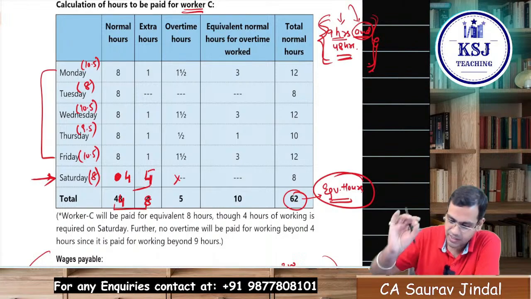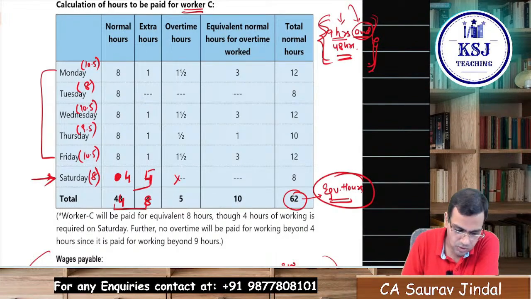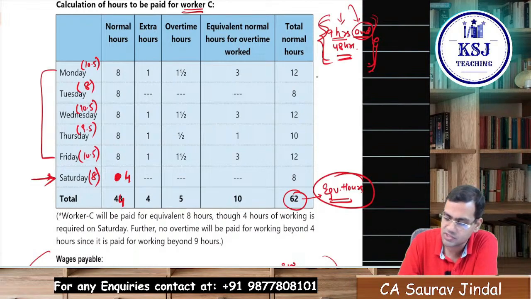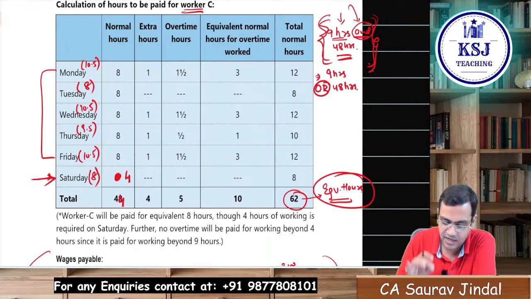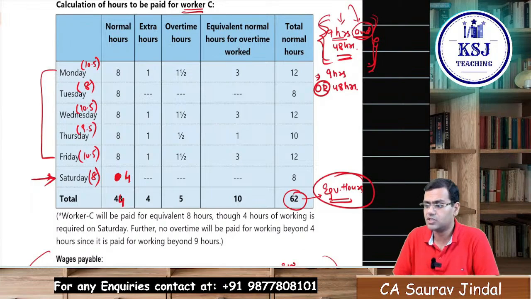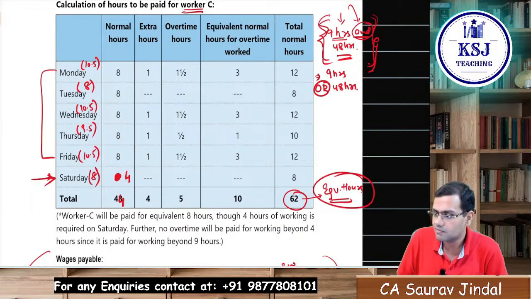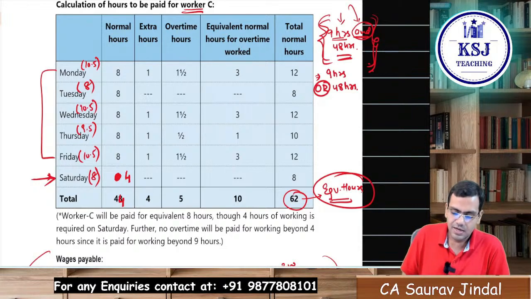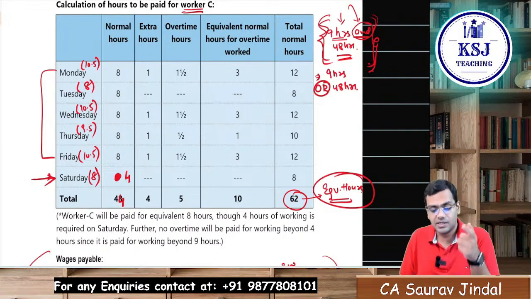Now next condition, let me put you guys to the test again. Sir, the next condition, now the third scenario is 9 hours or 48 hours in a week. Now tell me whether I should be taking this for the remaining 4 hours for which we have to pay, right? Correct. Now tell me, 9 hours or 48 hours. Now tell me where we should be taking the 4 remaining hours.